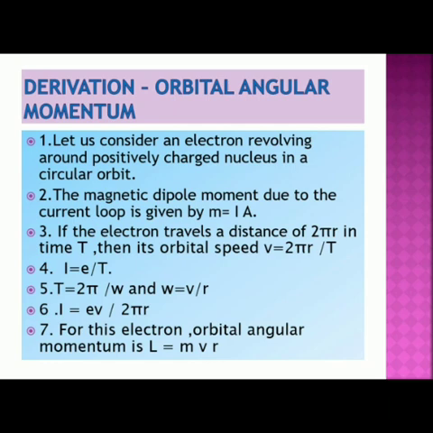Let me consider now the time period. Time period is nothing but 2 pi upon omega, and we know from circular motion that omega is equal to the ratio of v upon r, that is nothing but the angular speed. Omega represents the angular speed of the circular motion of an electron. Now I come to the sixth point, which gives me the formula where I is equal to ev divided by 2 pi r.